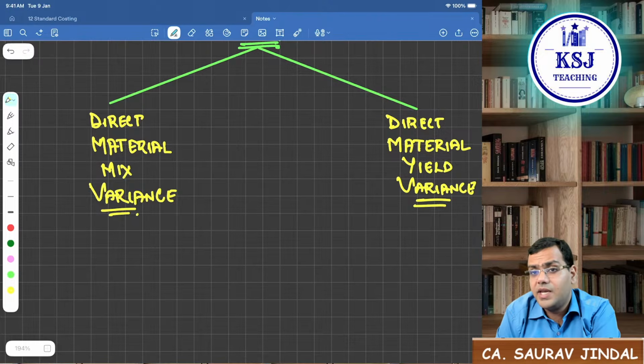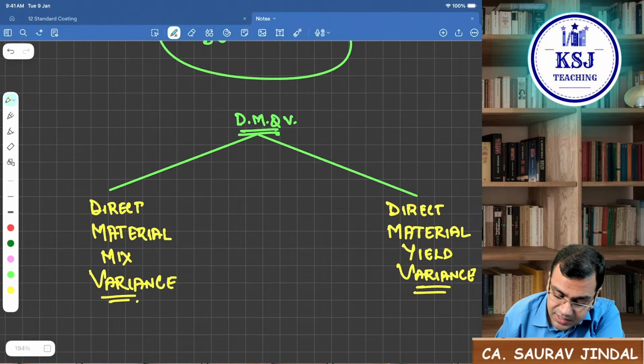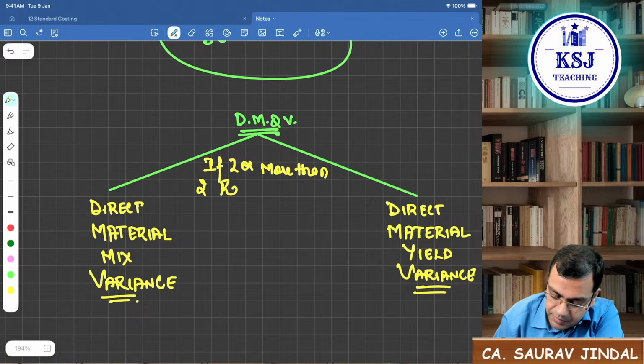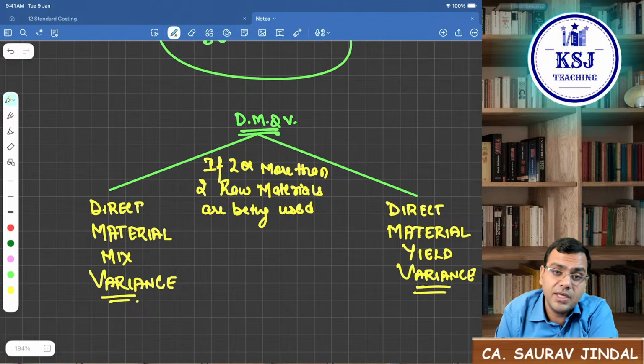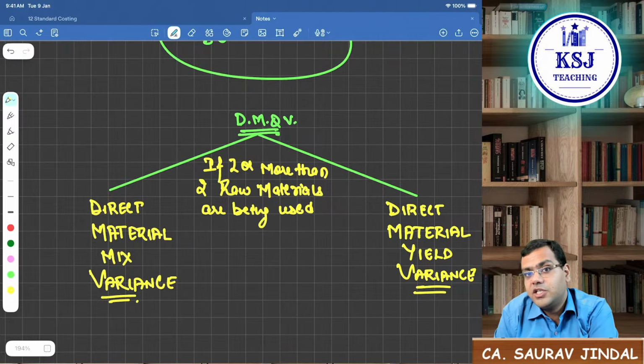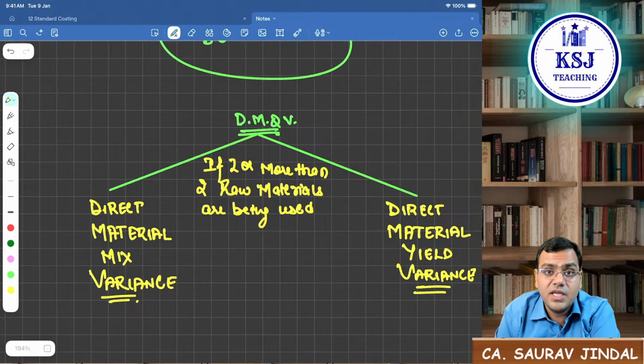Now, the mix variance says, these are applicable if two or more than two raw materials are being used to manufacture a finished product. Clear? So direct material mix variance says there will be a difference in the quantity usage